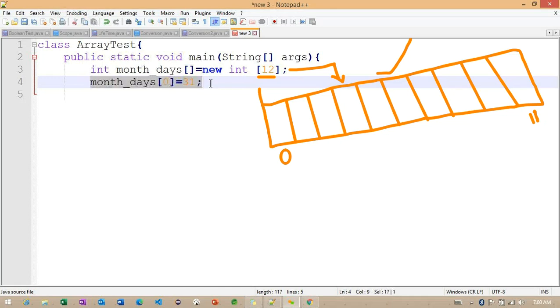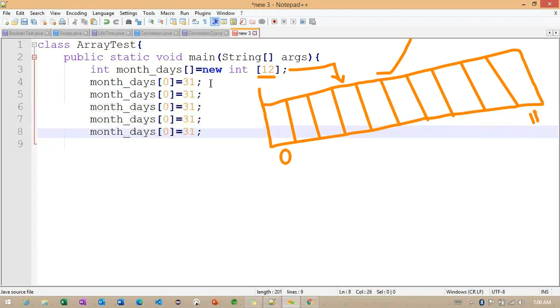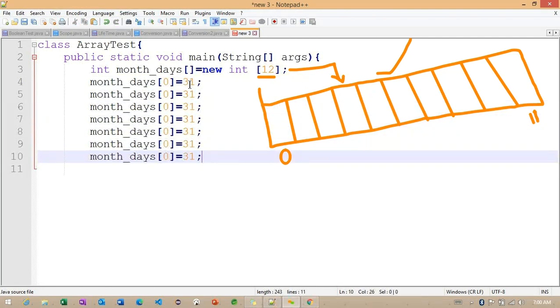In the same way, I'm now checking a different location, location 1, and inside it I'm inserting the value 28, and for the second location 30. I'm giving some random values here.